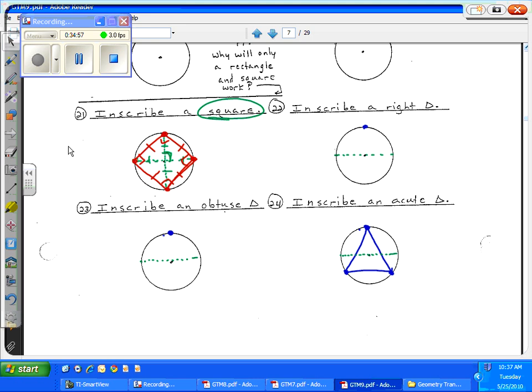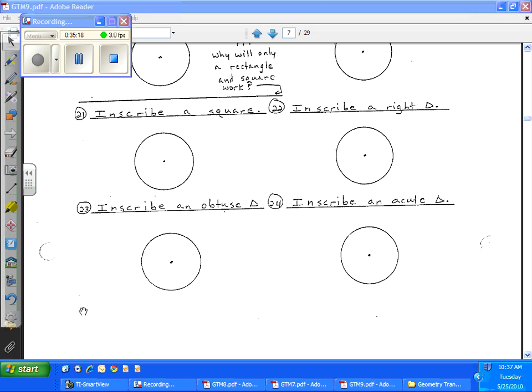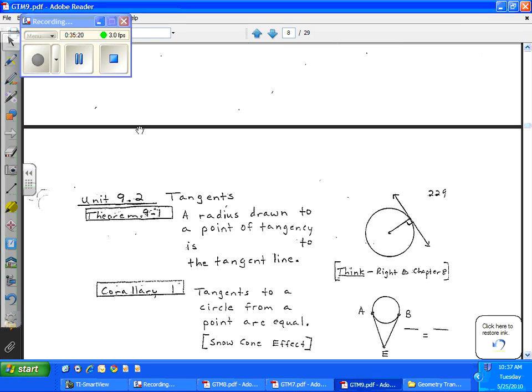Because we're using rules of geometry, definitions, postulates, and theorems to make our decision on how to do it. We're not guessing, you see. All right, so this is not a page of guesswork. This is a page of logical thought process where we know exactly what we're going to get as we think through the properties of geometry, okay? All right, so that's the end of